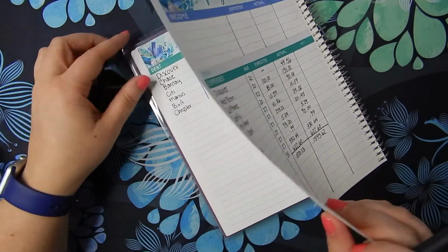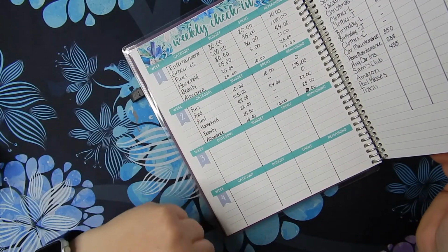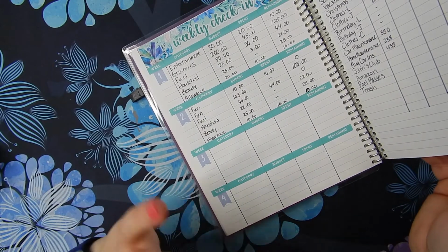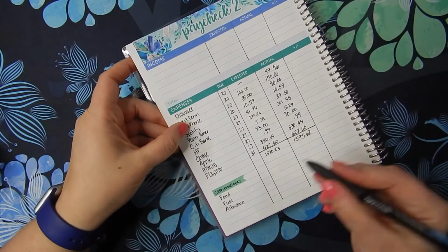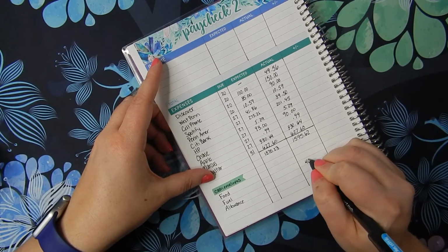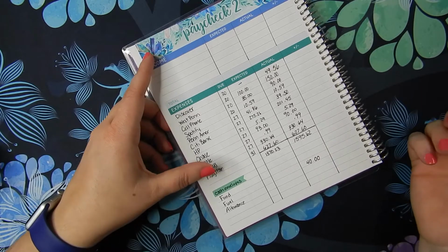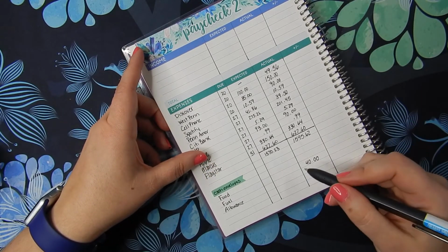So like I was saying for the fuel, I'm probably only going to need to fill up one time, if that. So I'm just going to budget $40 for that. And gas prices have gone down, so I might not even use the whole 40 if I fill up once. And then for food,